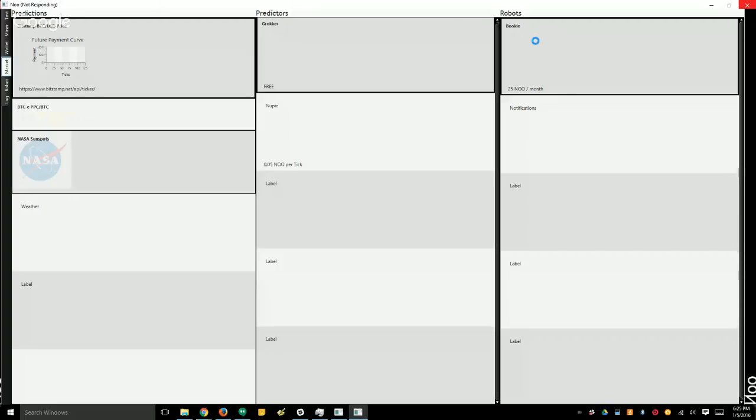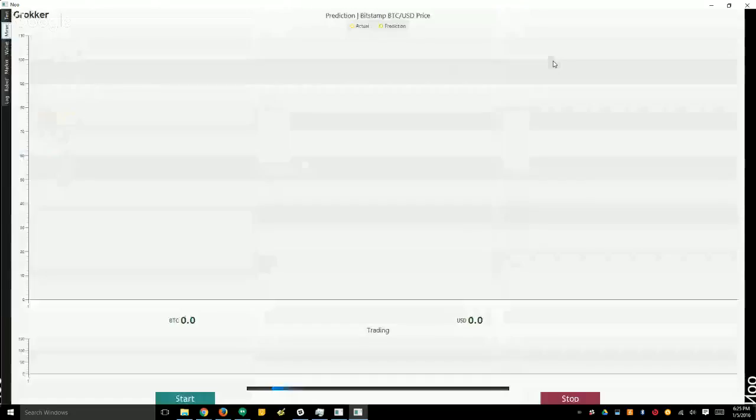But somebody else could come in and use that robot that the programmer created. That's right, and pay the programmer for the access to that. Or I can make it an open source one and it can just be free, and you can just click on it and it will go do it.